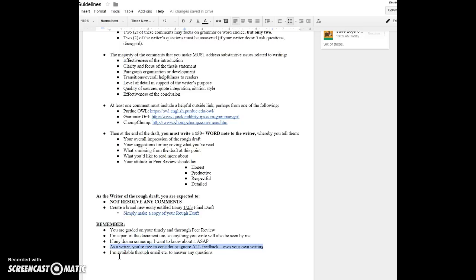So consider all the feedback that you get from your peer reviewer. If you choose to involve me in your rough draft, feel free. You should definitely consider what I have to say, and certainly the writing center as well, or anyone else you show your paper. You're allowed to collect all the feedback you want, but ultimately this is your baby. This is your paper. Do what feels most authentic to you. Do what feels the most right to you. Own your own writing. Own your own process.